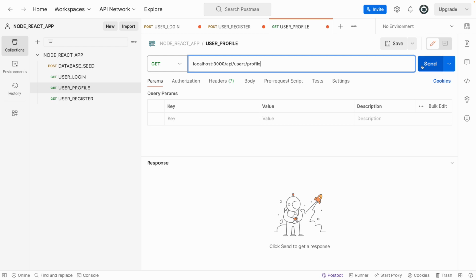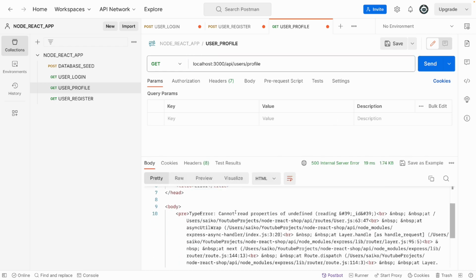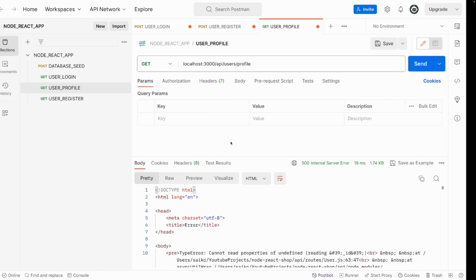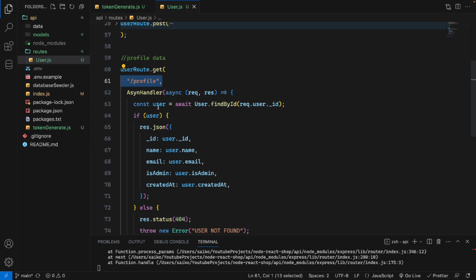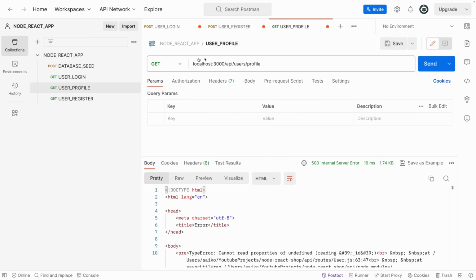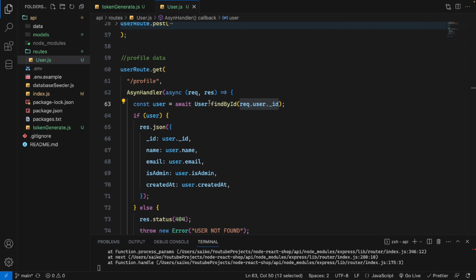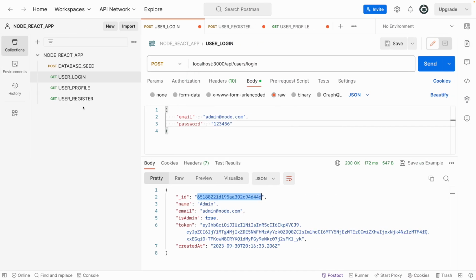If we send it like this, for sure we'll get the error, because we are trying to find the user with the requested user ID, but we don't have that ID here. For example, if I'm logged in here, I have got the ID. So if I try to send this ID here, like profile,